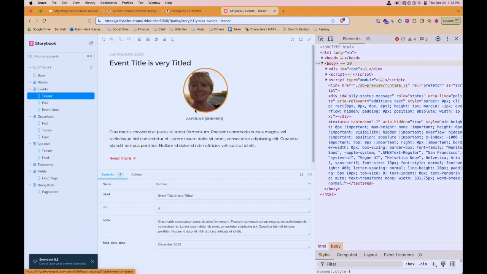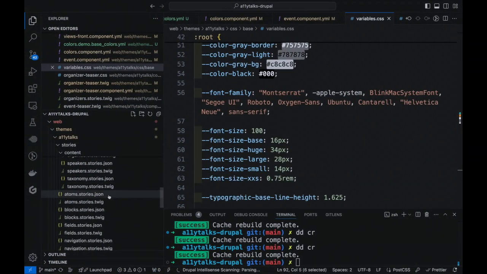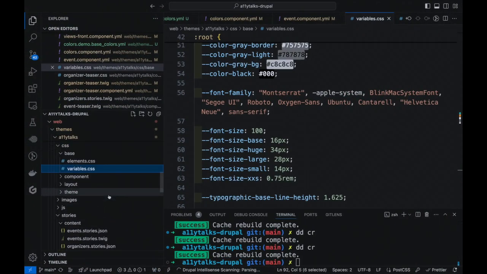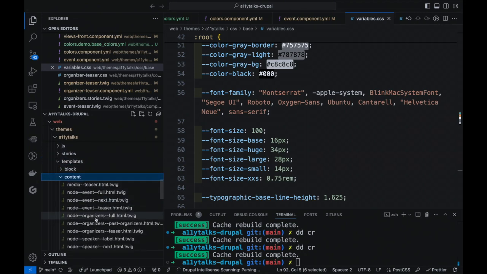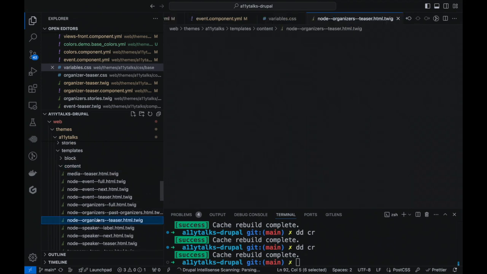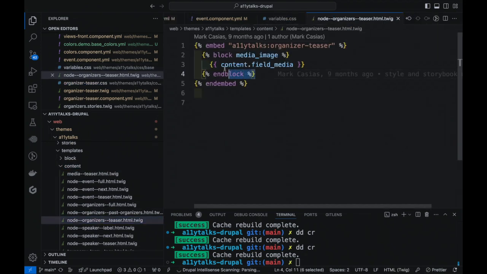But since it's in a block and in the template file, if you go to the template file, you're using the block itself. Stories, templates, content, organizer, teaser. So in the actual Drupal, I'm replacing that block that's hard-coded with whatever I'm passing through the template. If I took out that block, every time that component rendered, it would show the same image over and over again.